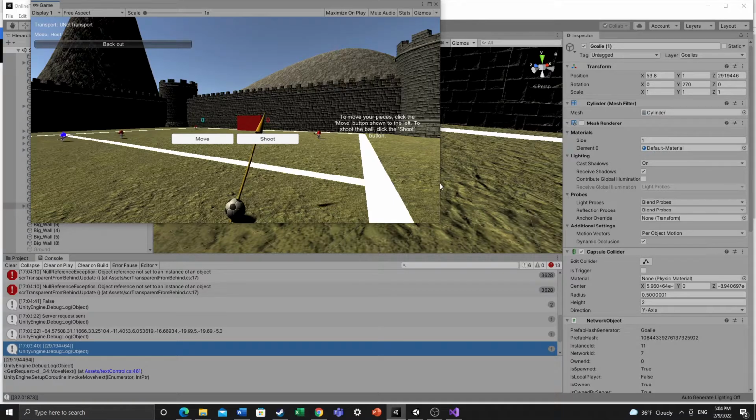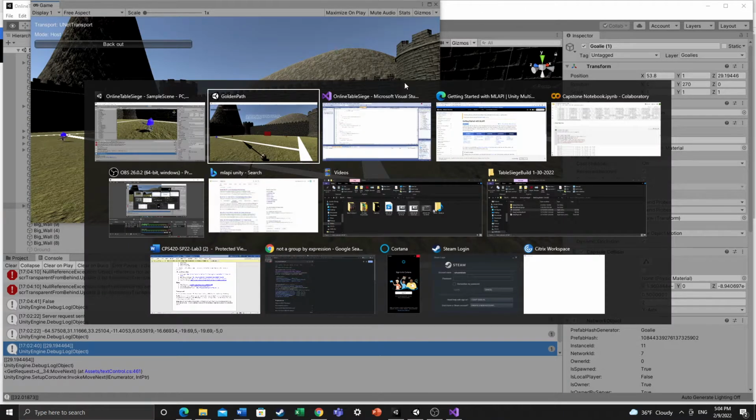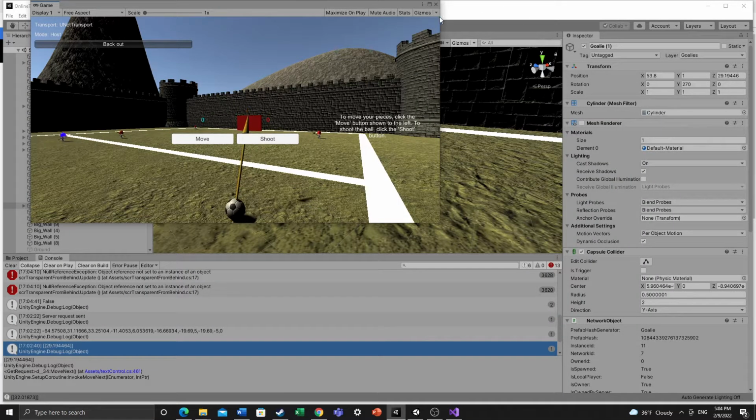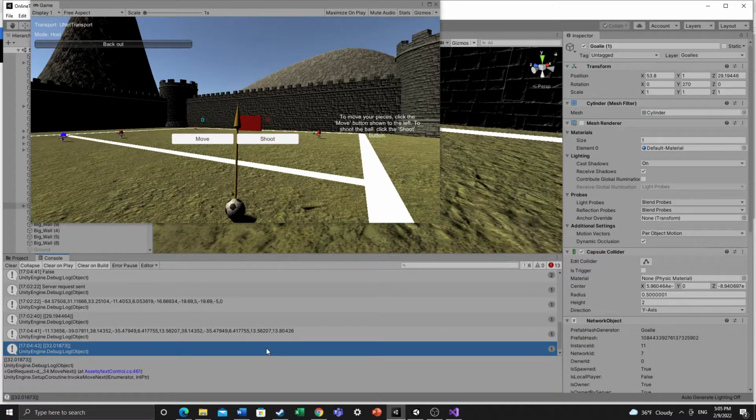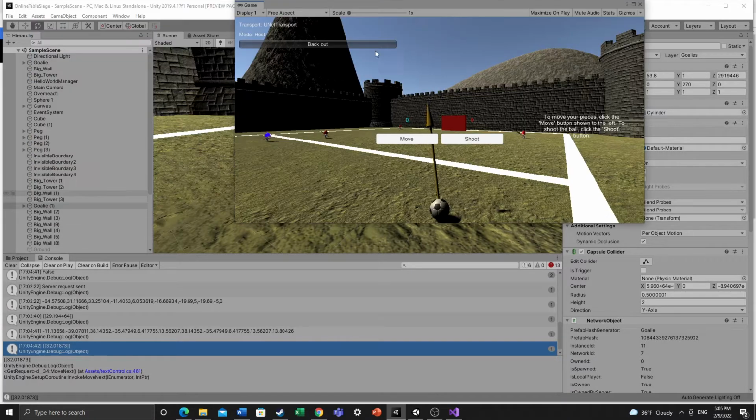And if we go back to looking at the log here, you'll see it's given a value of 320168, which, if we look in our scene here and click on the goalie, the red goalie,